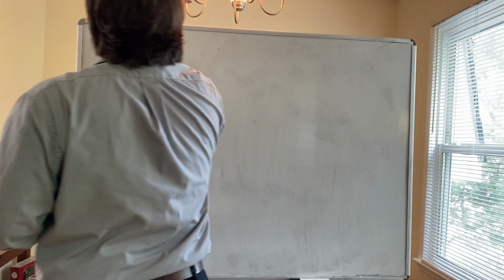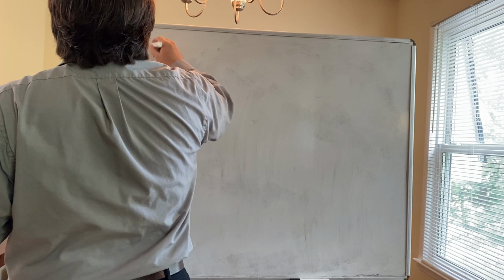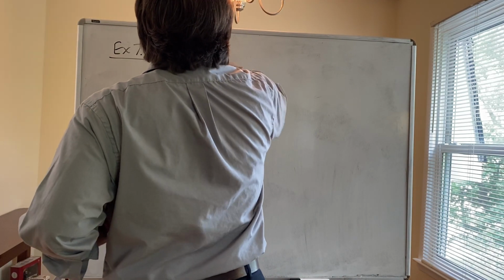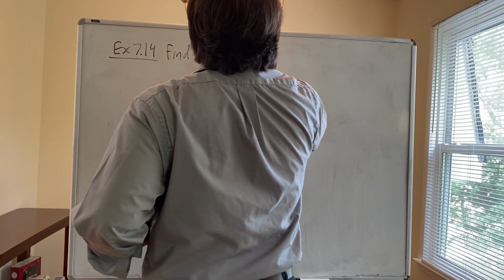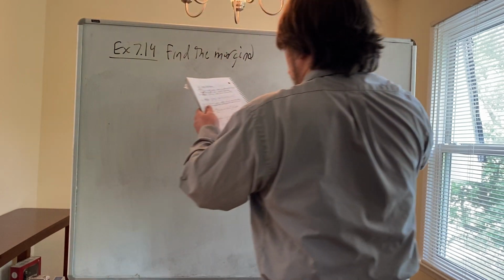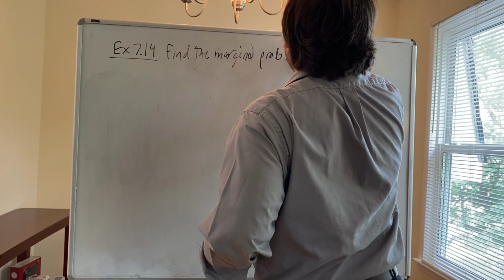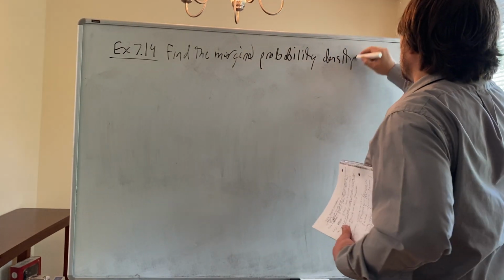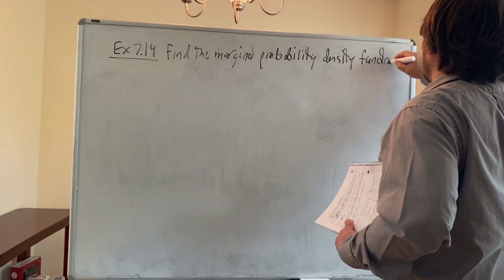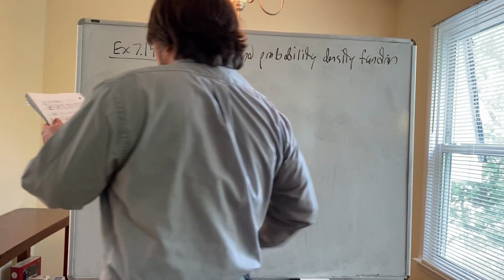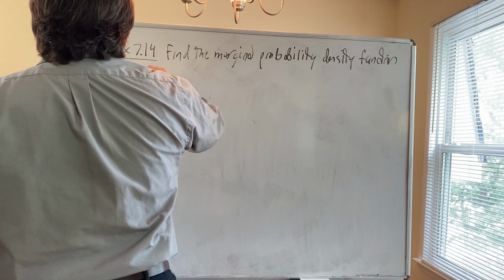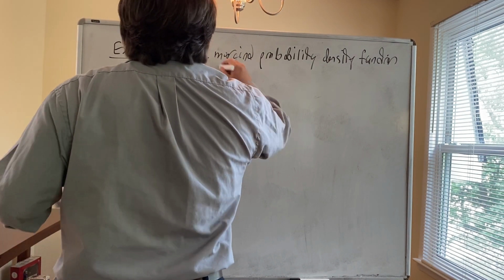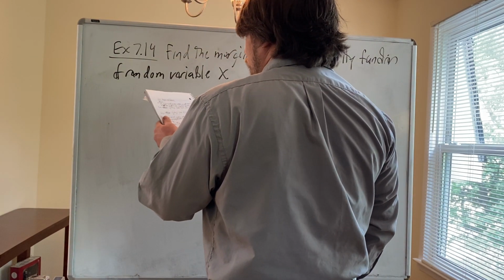So example 7.14. Find the marginal probability density function of random variable x of